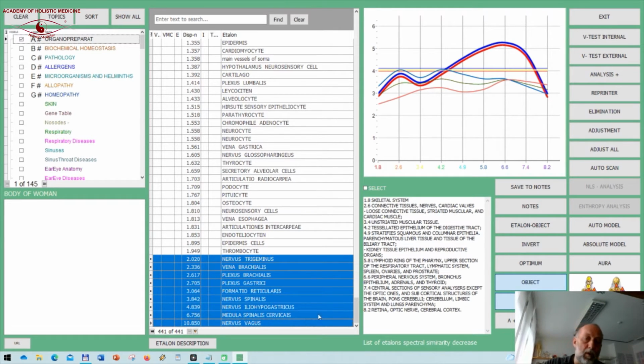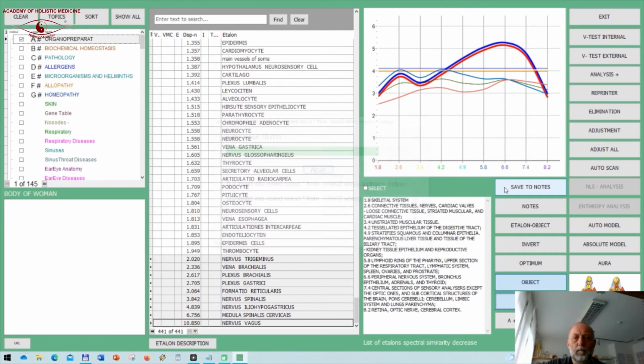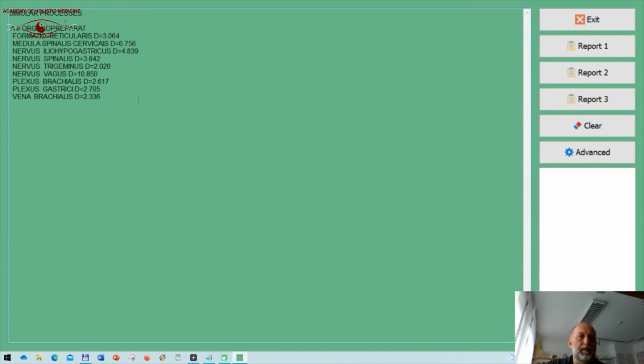Okay, now we've marked or highlighted these 2, 4, 6, 8, 9 items, and we want to save them in our notes because we need them later. Save to notes. Take a look at notes. You will see them here